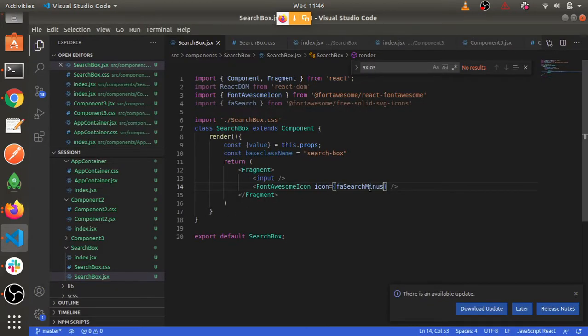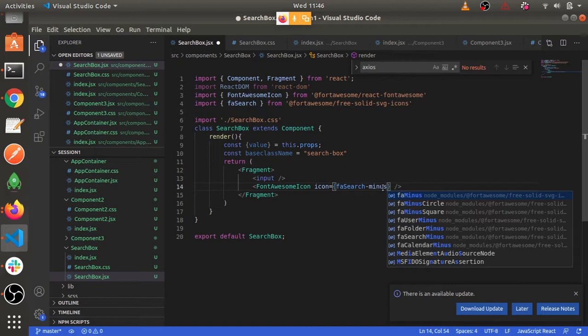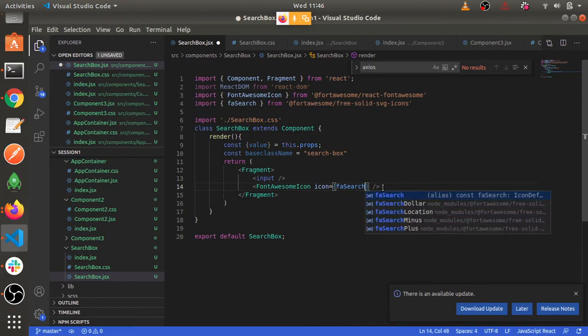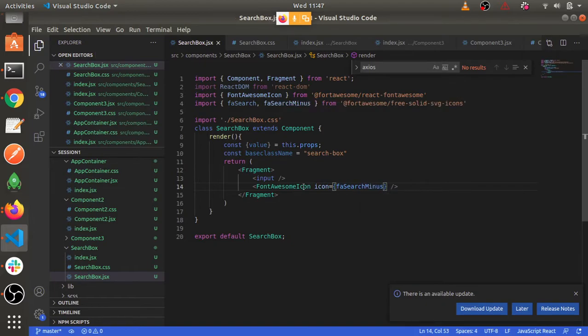I'm not sure if hyphen minus will work, but let's try. I think FA, then hyphen, then search, then. See, here it is. I might have made some mistake.